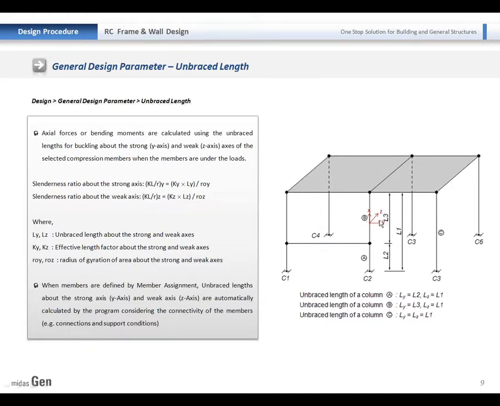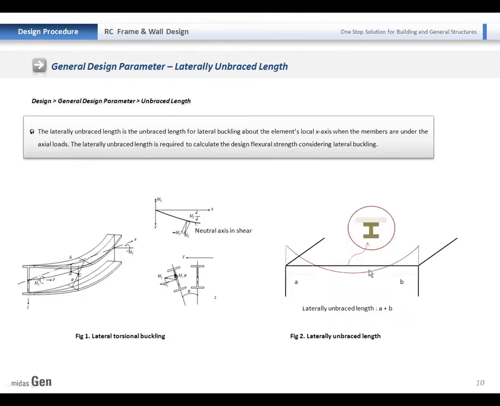For this y direction axis, the braced length will be separated for this B beam and A beam. For the Z direction, the braced length will be the summation of the 2 different columns. This also can be automatically considered. Also, we can consider the laterally braced length in order to prevent the lateral buckling.